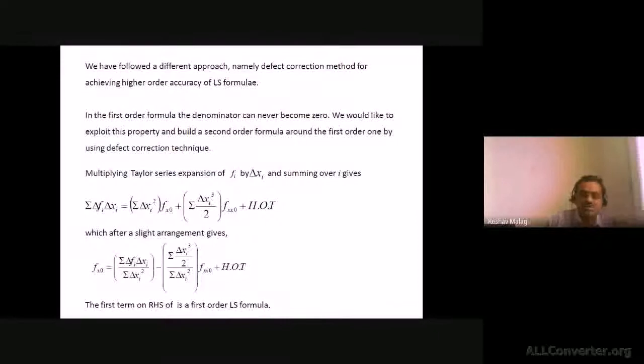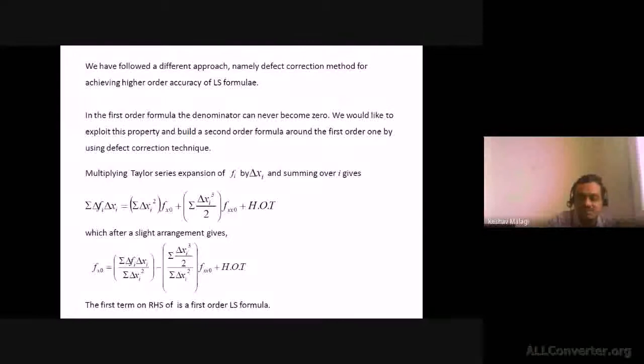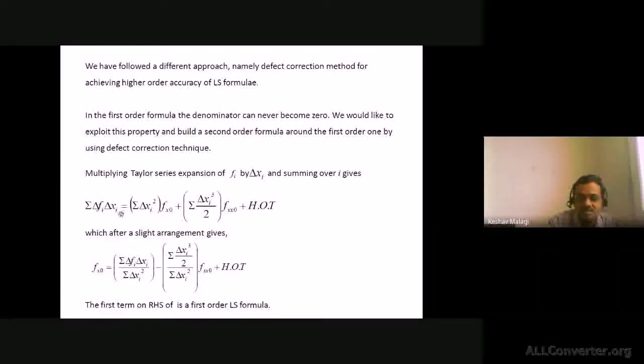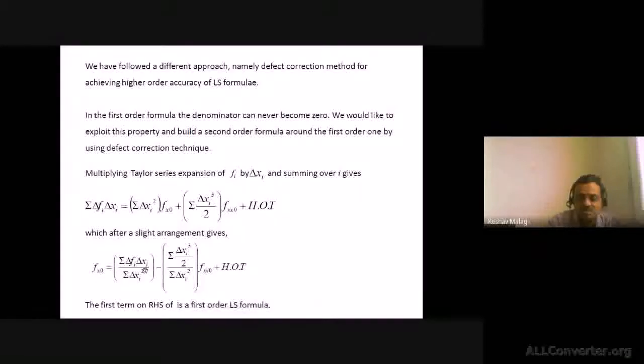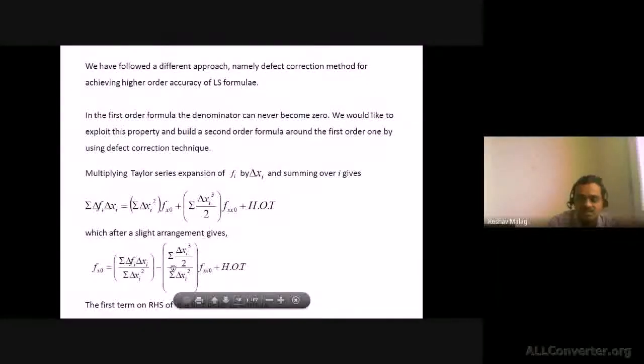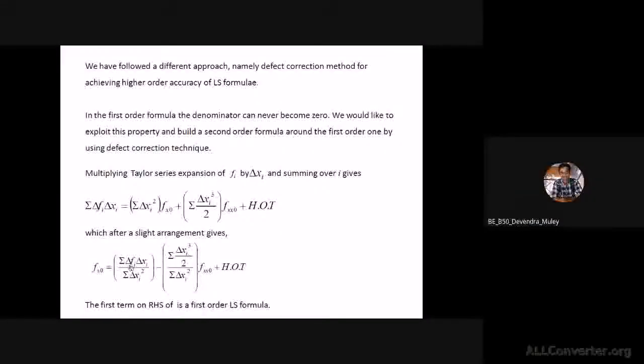So in the formula that we used earlier, delta fi, delta xi, whatever we used, fi equal to f naught, you multiply that by delta xi and take some more terms. Then you will get a formula like this for fx naught. Fx naught equal to this formula, plus in the higher order it will be like this. And you can quickly see that this first term which appears is whatever we had derived for